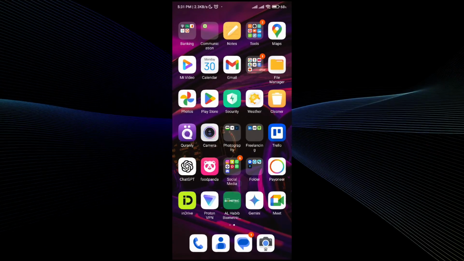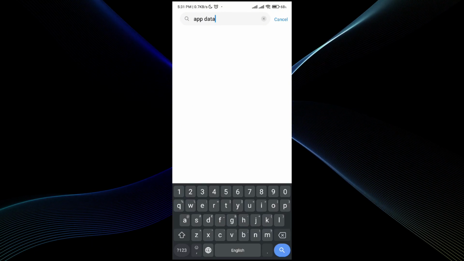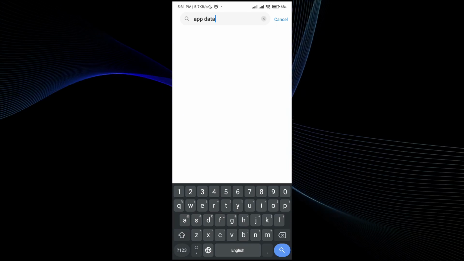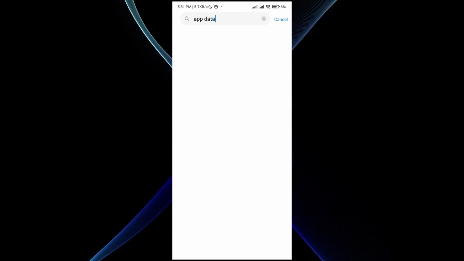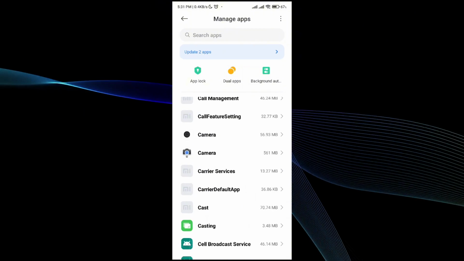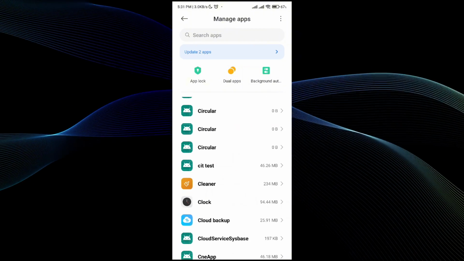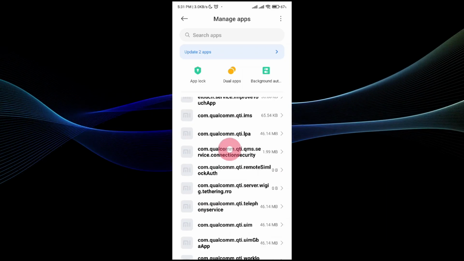The other method is by going and hitting the settings option. In the settings, search for the app data or apps. That way you'll be able to search for the application that you want to delete the data for. For example, I'm going to delete the data of this application, which is named,